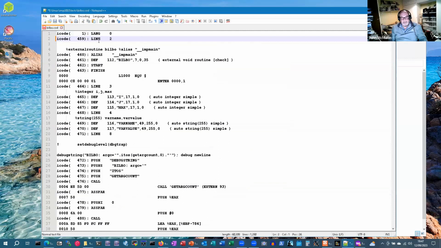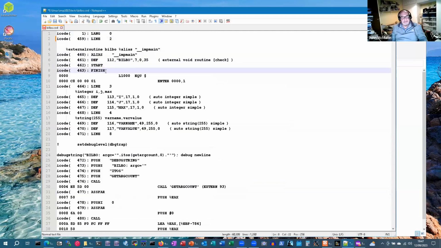Right, so we've got at line 2 this imp code to say we're at line 2, and this is the imp source code, and this imp source code generates these iCode instructions,